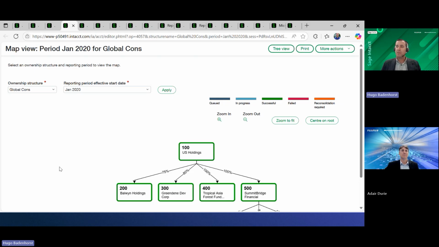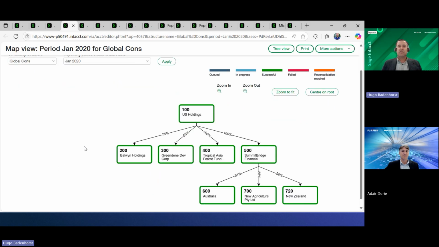So in my example, I've set up a tiered consolidation level, and you can see, in the first tier I've got the holding company and some partial ownership across a few entities and full ownership across others. And then even on there, the multi-tier going down showcases the ability to bring in that minority interest as well. So when we look at the consolidation process within the application, it automates all of that.